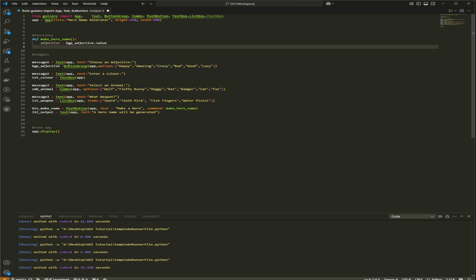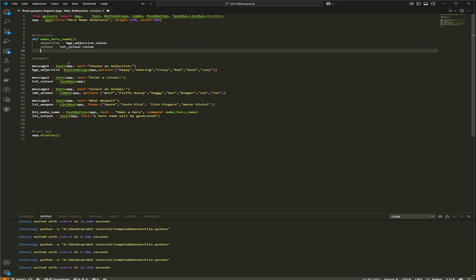And what that will do is it will get that value from the text box, whatever value is in that field. So then we want the same for color. Okay, so color will equal txt_color dot value,